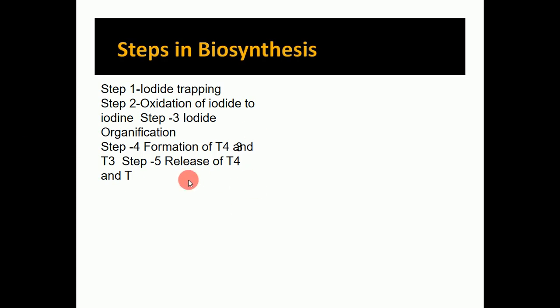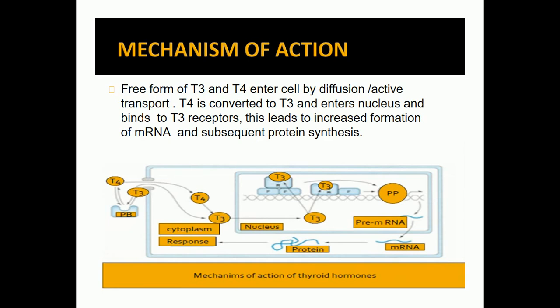Now the mechanism of action of thyroid hormone: how these hormones are secreted from the thyroid gland. As we know, a gland is a cell or group of cells responsible for some particular secretion, which is called a hormone. The free forms of T3 triiodothyronine and T4 enter the cell by diffusion or active transport. T4, tetraiodothyronine, is converted into triiodothyronine, and then it enters the nucleus and binds to the